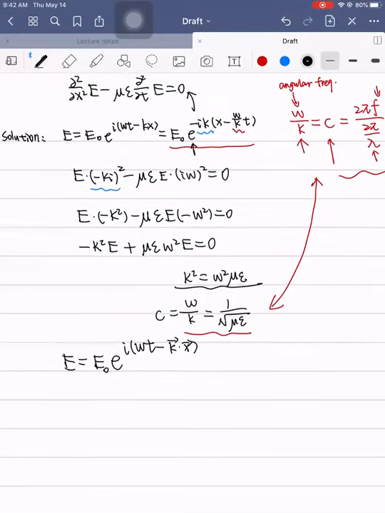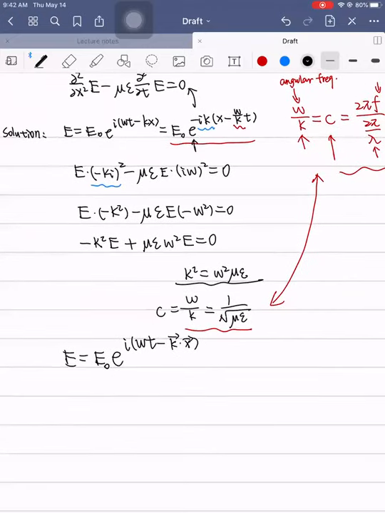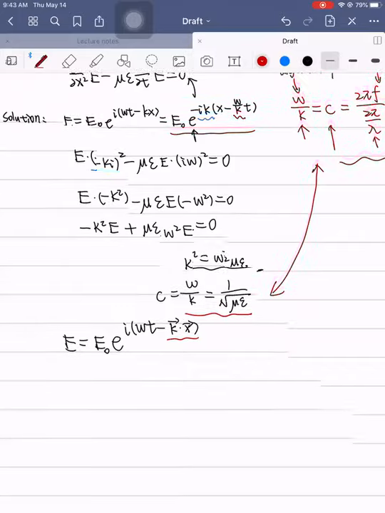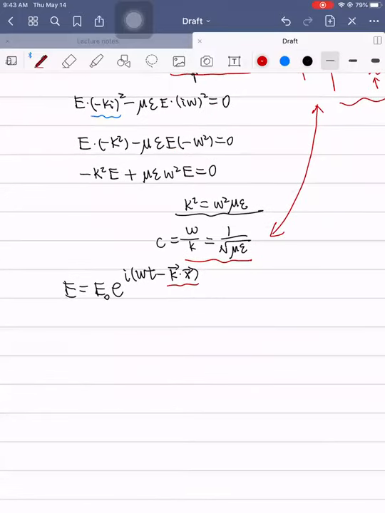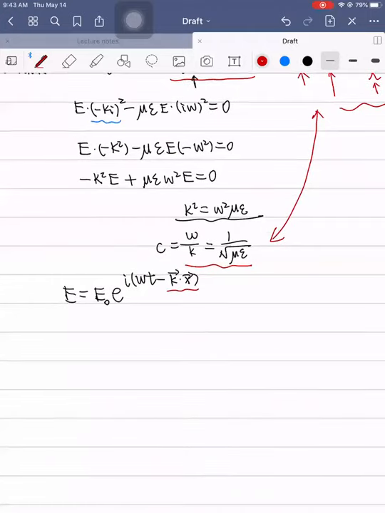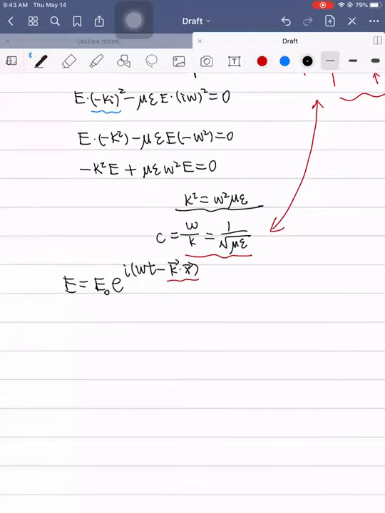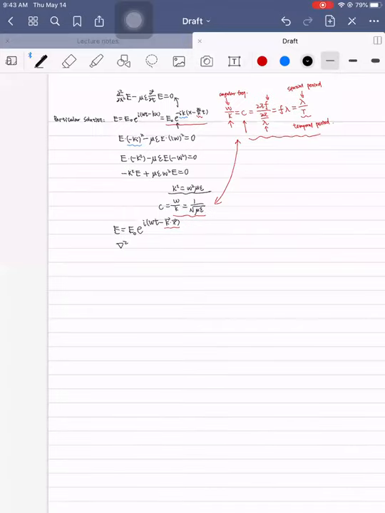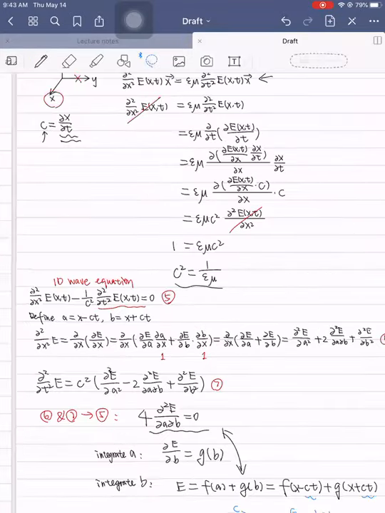So we can write the particular solution to the 3D wave equations in this way. We only change here. Here is the vector product, the inner product, or the dot product. And then if we substitute this particular solution back to the 3D wave equation,